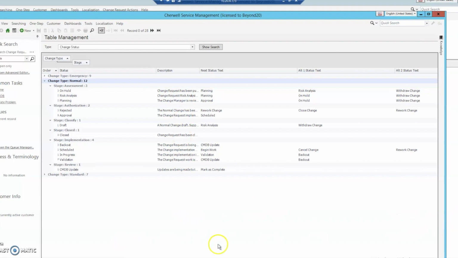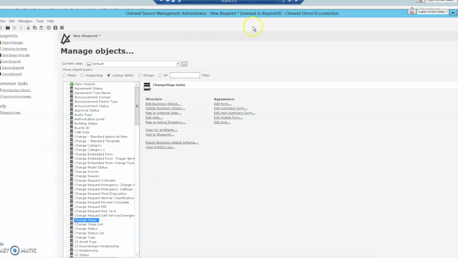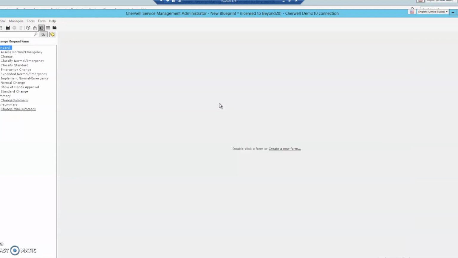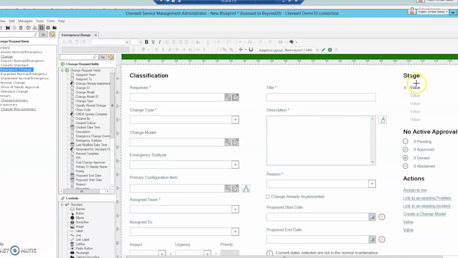Let's take a look at the way this is laid out within the admin client. So we're going to open up our admin client for version 10. We're going to go over here first to the change request object, and we're going to take a look at the forms. Now there is one thing to keep in mind, and that is that they are hard-coded on the forms. So if you want to make changes from the out-of-the-box process, you will have to adjust the out-of-the-box forms, because it hard-codes the number of values based on the out-of-the-box